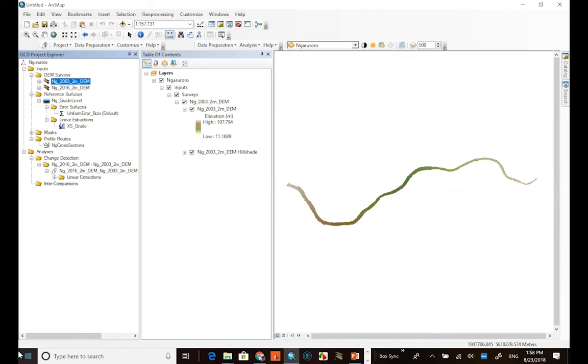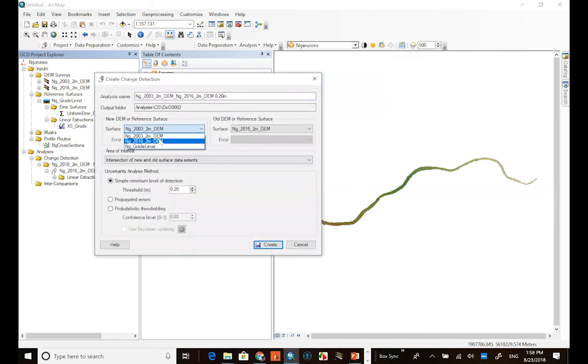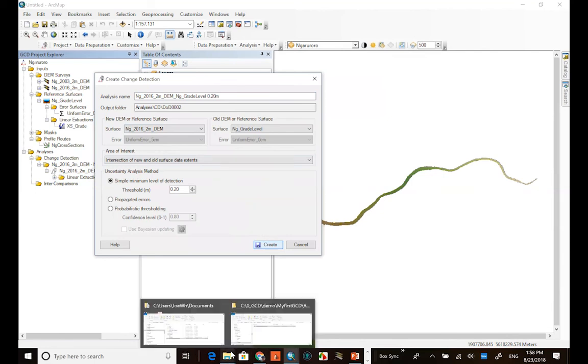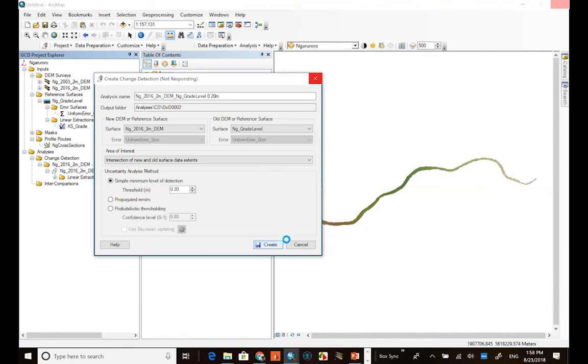flood conveyance capacity. And so you can do your differencing instead of just between the DEM. You can come down and you can do a difference between that and, say, your current survey and your grade level surface that they have here. And then you could identify places where you're below, and we need to allow some more accumulation of gravel, for example, versus places where they might want to do this. Now, this is a little bit bigger data set, so this is going to take a few seconds, but